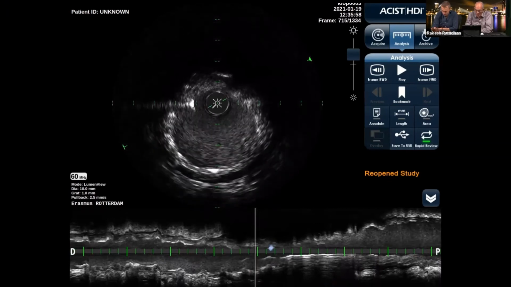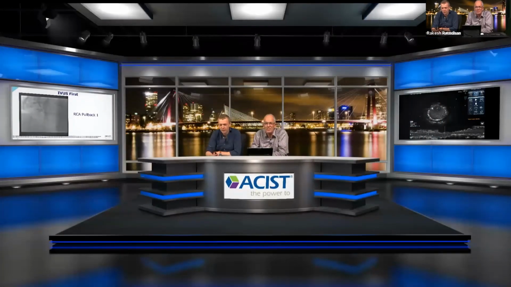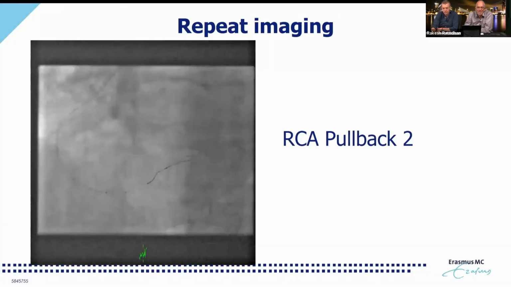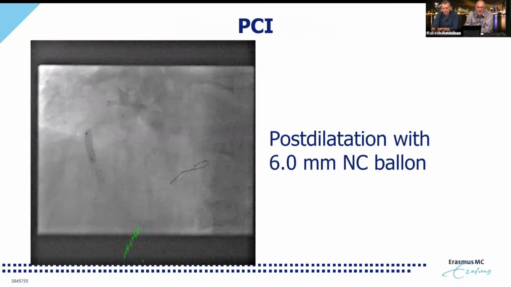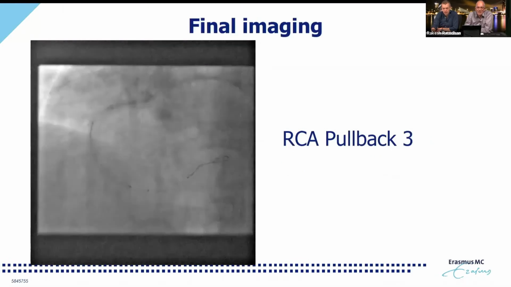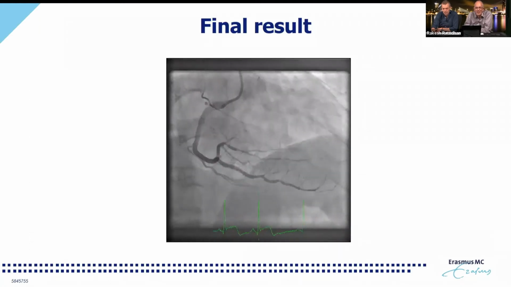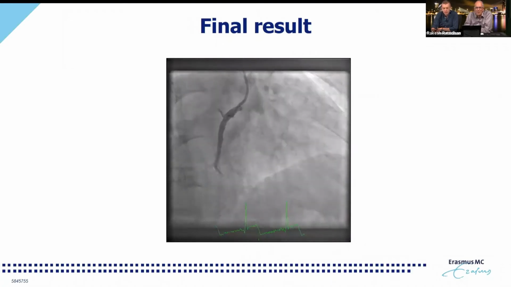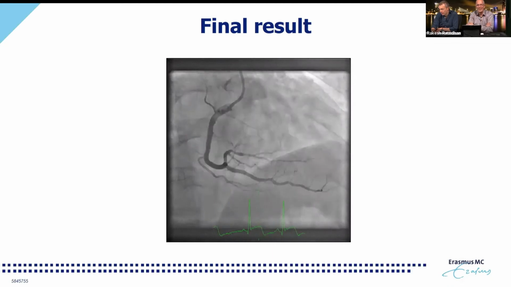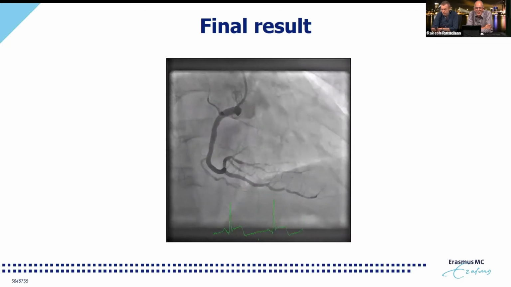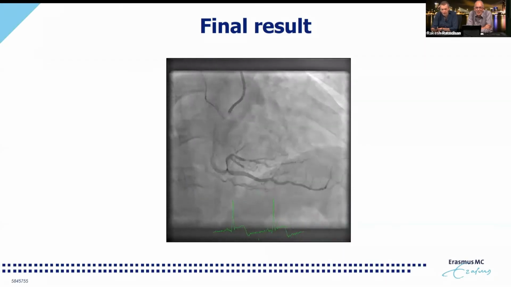If you go to the slides again, we'll show the final angiogram. This patient actually had no reflow after the additional balloon dilatation, but which then recovered after some nitrates. Here you see the 6.0 balloon, the pullback you've just seen, and this is the final angiogram. And look at distal, showing you a nice TIMI 3 flow. However, you see some thrombus in the distal part of the posterolateral branch, with actually a stop at